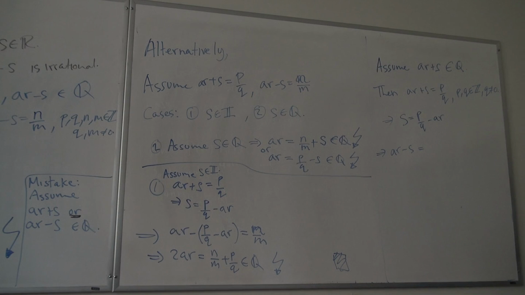I guess really just plug in for S, you can show that. Well, if you plug in for S, what would happen? Then you get P over Q minus AR. Then you get 2AR minus P over Q. So then it's going to be irrational because you're adding a rational number. So this is clearly irrational, since 2AR is an irrational number and P over Q is a rational number. And we know if you